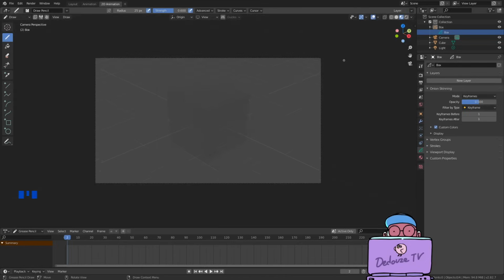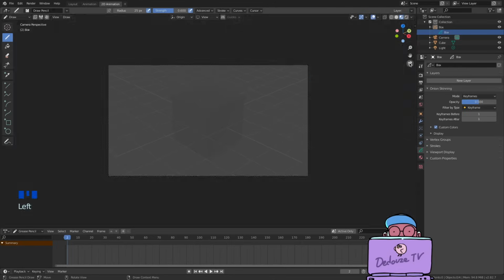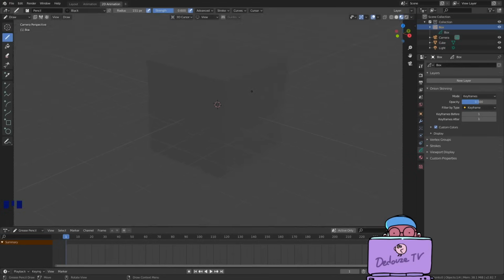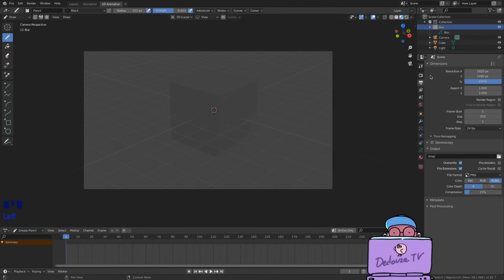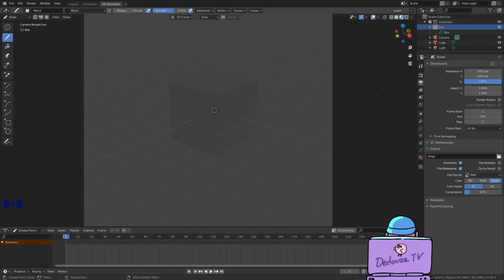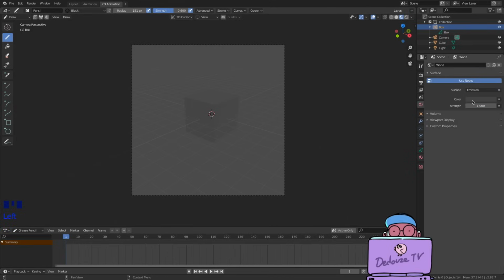Now let's configure the dimensions of our exported animation. If you press 0 on the numpad, you switch to camera view to see a preview of the exported image. So here we see that we have a panoramic image, but in this case we want a square image to put on our social networks. So you can click here on this printer icon and change the dimensions to 1920 for both X and Y resolution. And we are going to change the background color of our drawing, so we go to this world icon here and click under background color and change the color.